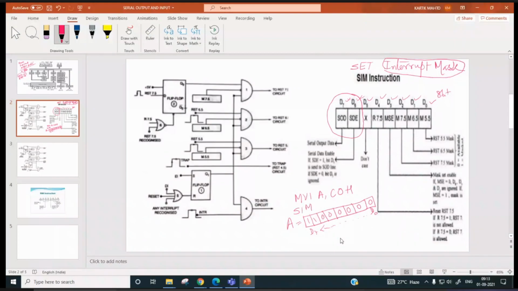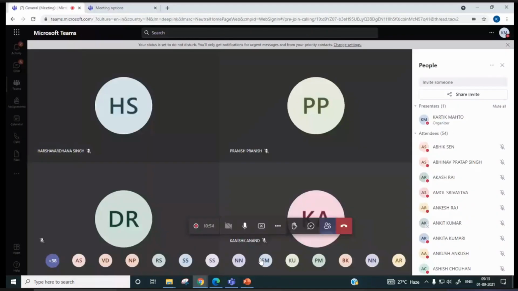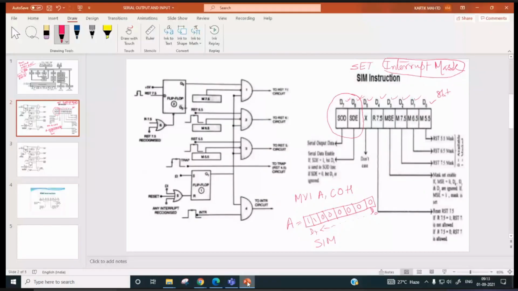Now, after this, if you do SIM, what will happen? What is the opcode for SIM? Opcode is 30, a 1-byte instruction. Whenever this instruction is fetched and executed, what exactly will the processor do?